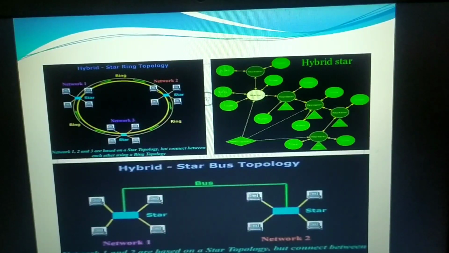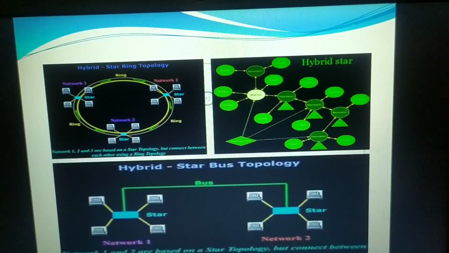Hence it is very much ideal for the distributed network. Distributed network means clubbing or merging two different kinds of topologies as one, and making a connection with every node by using the internet. That is nothing but the distributed network.